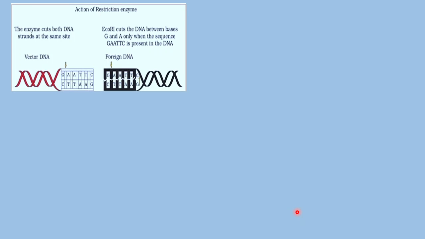Action of restriction enzyme. Now we have a DNA. Here the two DNAs are shown separately, because I have already told you that we have to use the same restriction enzyme to cut the DNA in the plasmid as well as in the foreign DNA. Foreign DNA means the DNA from where we are going to extract our gene of interest. Here, black represents the foreign DNA